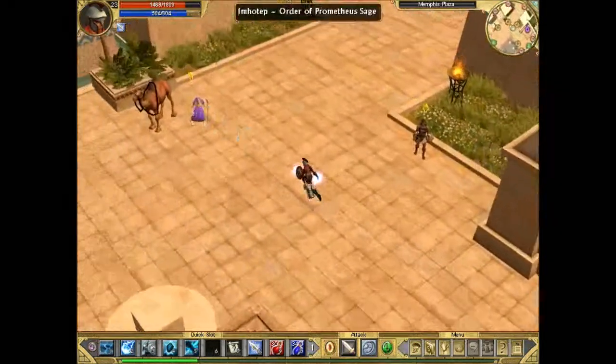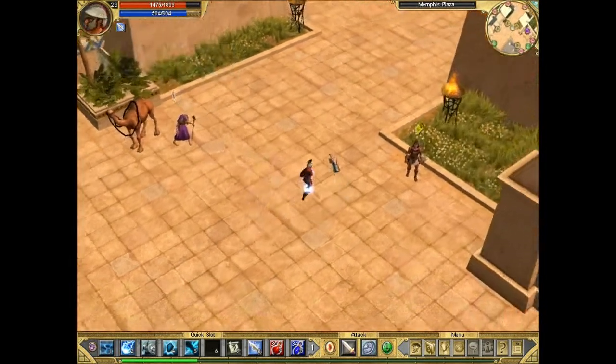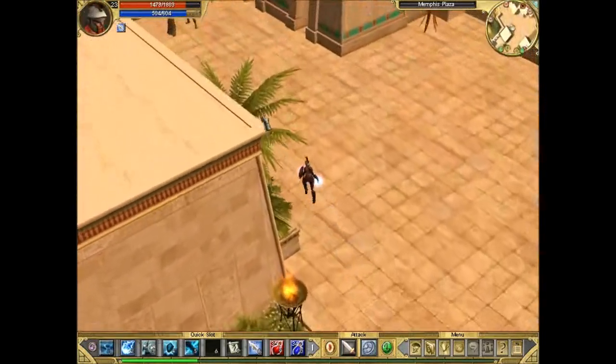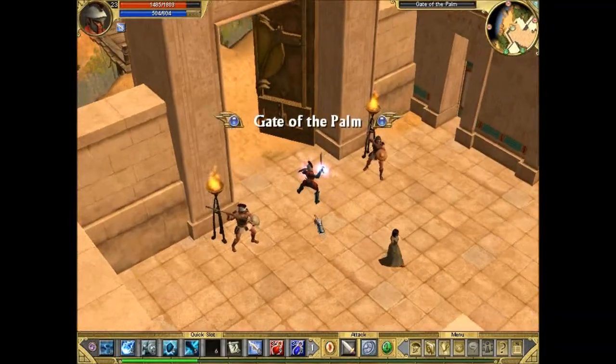And Imhotep, he's not really saying anything. Excellent. Now bring me the other artifact. He just wants you to bring the other artifact before he does anything else. Alright, so here's Gate of the Palm that will lead us to the Fayoum, and we'll do this part